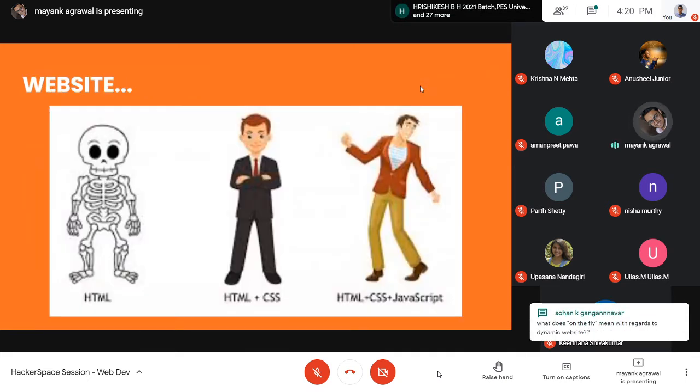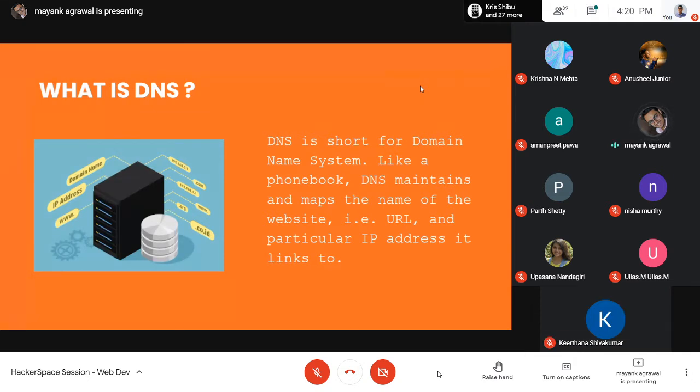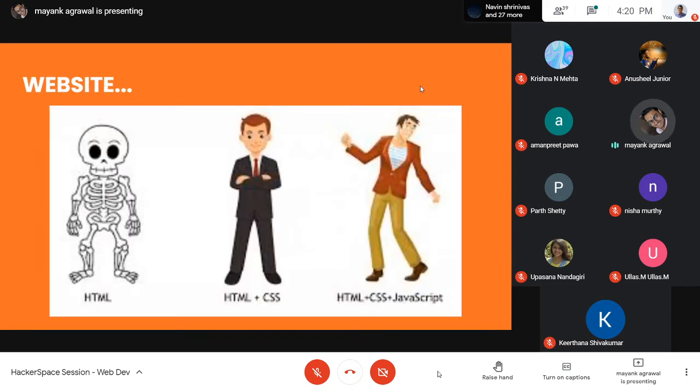Websites can also be classified, or rather, making a website can be divided into two parts, I would say: the front end part and the back end part. The front end part is basically the HTML and the CSS part, and after that comes the JavaScript part.